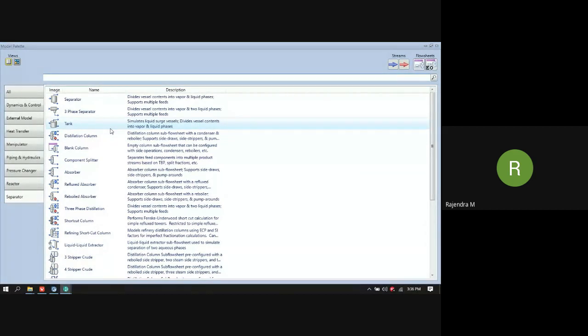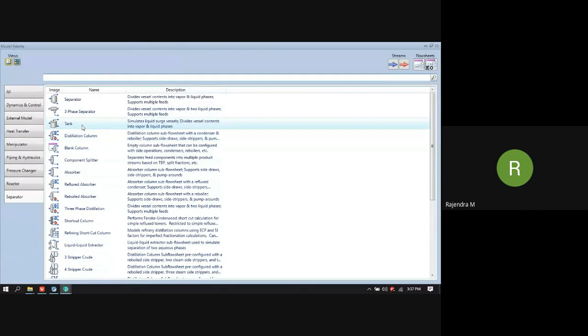If you'd like to separate vapor as well as liquid in a single vessel, you can use this separator. Then we have the three-phase separator, where you can separate two liquid phases as well as one single vapor phase. Like decantation in the industry, we have these decanters. So organic phase, aqueous phase as well as vapor phase, we can separate by using this three-phase separator.